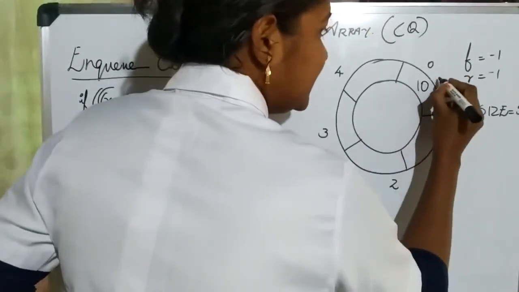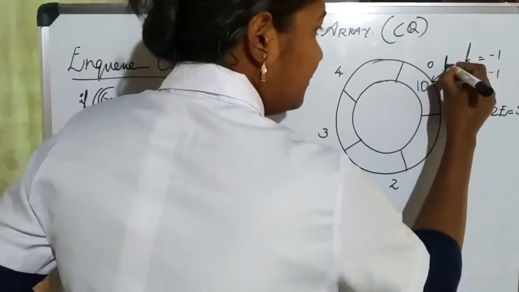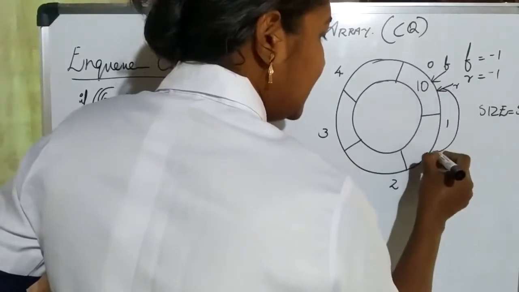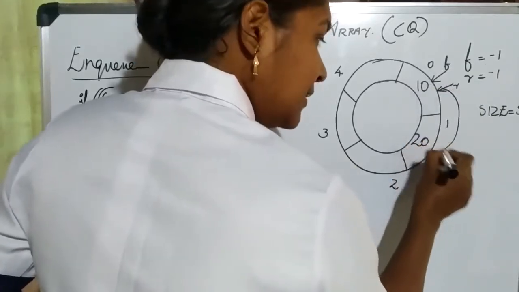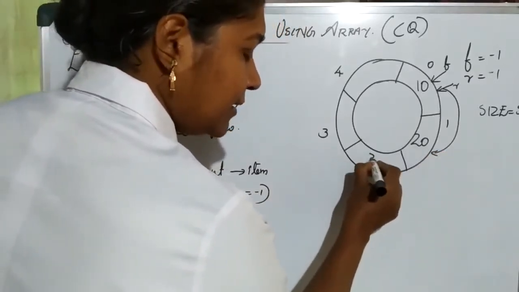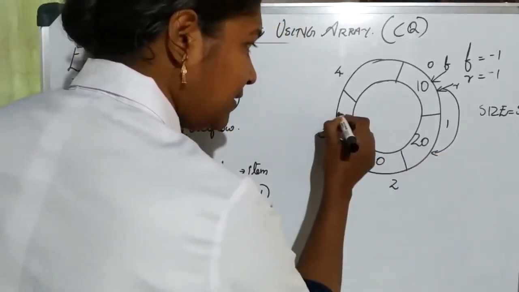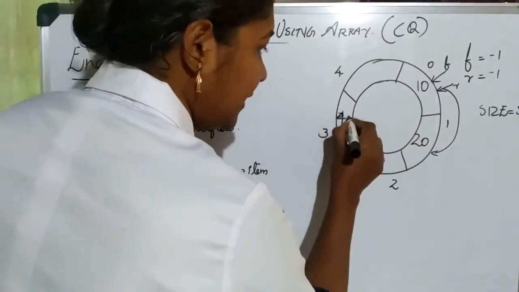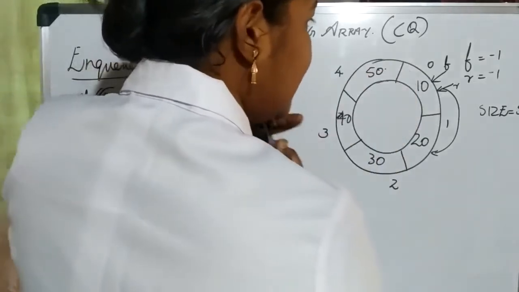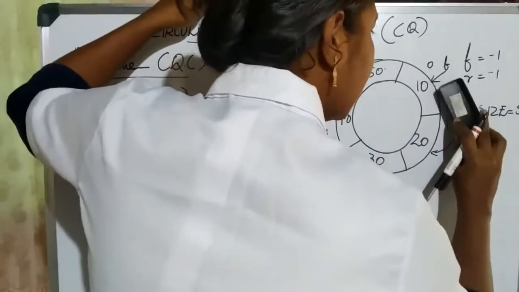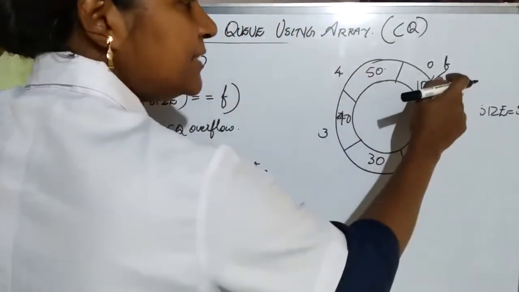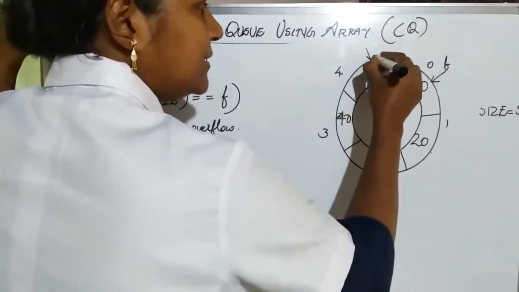Okay. So for that, I'm entering the elements in fast mode. I entered the first element, so that front points here and rear points here. Then when I am entering the next element, increment rear, enter the next element. Increment rear, insert the next element. Increment rear, insert the next element. Then increment rear and insert the element. So right now we can mark front pointing at this location and rear at this location.